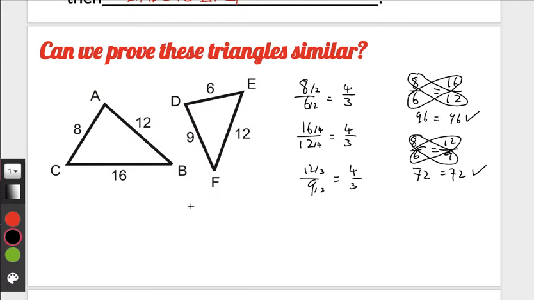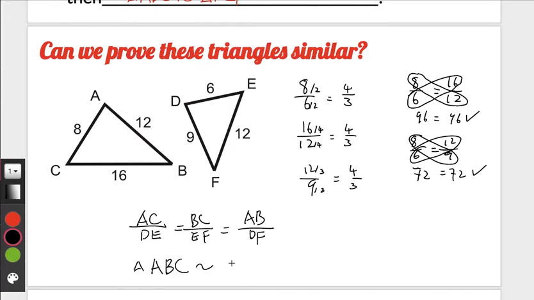So that means we have AC over DE equal to BC over EF, and the middle one, AB over DF. That way we show all three pairs of corresponding sides are proportional. Sorry for that. So we can come to the conclusion, triangle ABC, again, make sure you match